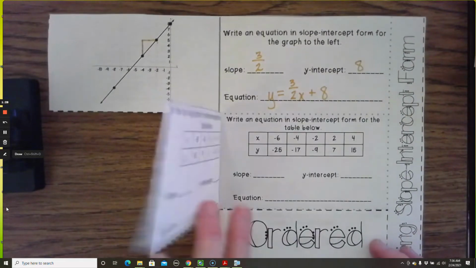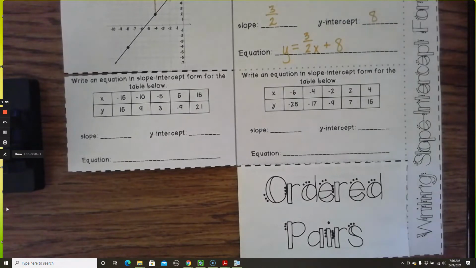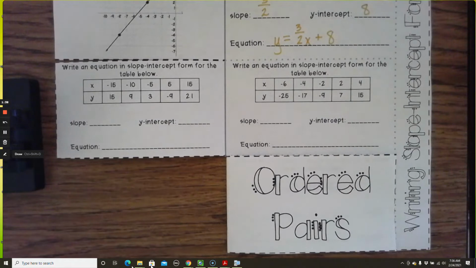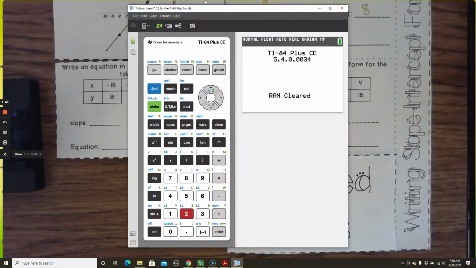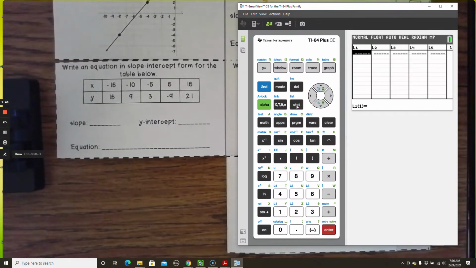We can also do this from a table. If we do it from a table, we can do it by hand or we can use a calculator. So on this first one, I'm going to show you the steps for doing it on a TI-84 calculator. In your calculator, you're going to go to Stat and 1, and then in List 1, you're going to put all your x values. So I have -15, -10, -5, 5, and 15. Then in List 2, you're going to put your y values. So 15, 9, 3,